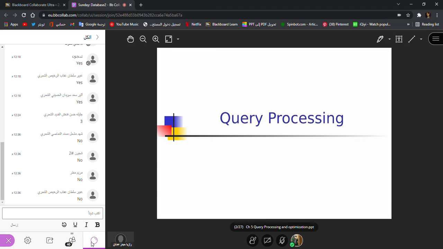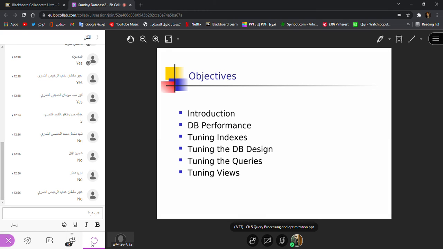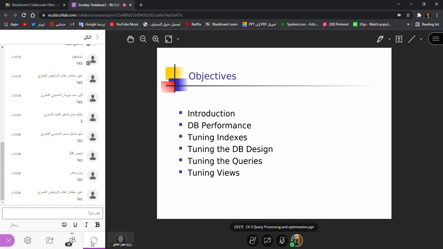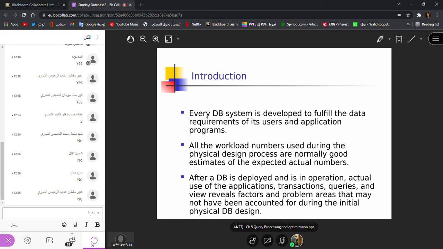That is, how you will organize or process a query so that it takes less time, and the database needs to do fewer computations and less effort. In this we will talk about three things basically: tuning of the indexes, tuning of the database design, and tuning of the queries. This is how we can process and optimize the queries.